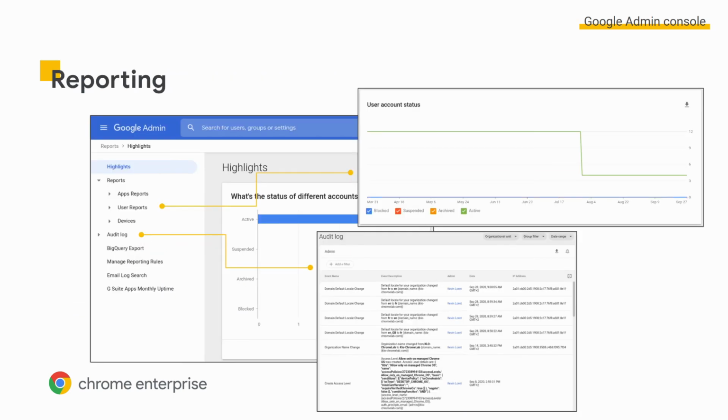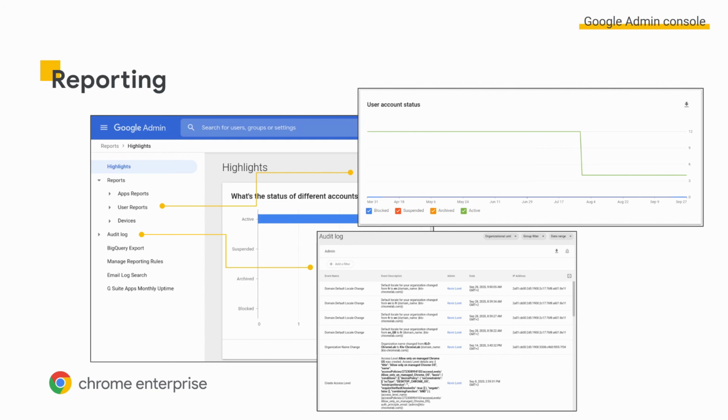Reporting is an important feature for customers, to be able to identify who has performed a particular action, for instance. As your organization's administrator, you'll want to get a consolidated view of user status and account activity. The account activity report page will give you access to all data from the user account status, admin status, and two-step verification enrollment report. You can narrow your report to show specific events. For example, you can create a filter to find all users who are using two-step verification, or you can create a filter to list people who created or deleted a specific OU, and so on. In addition, you can export your aggregate report data to Google Sheets or download it as a CSV file.